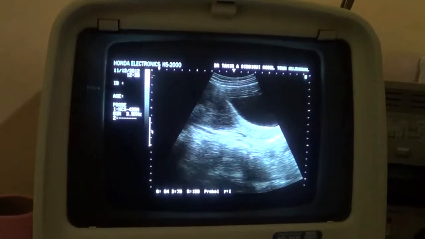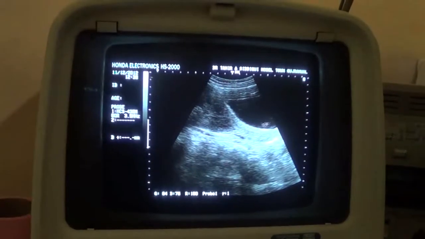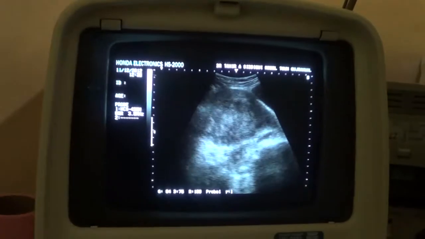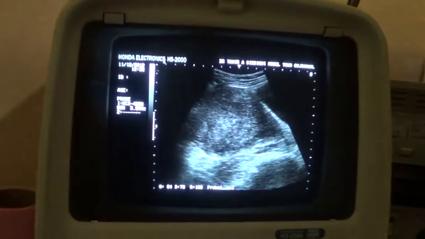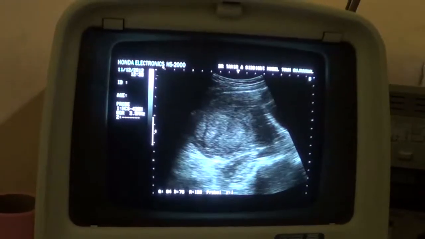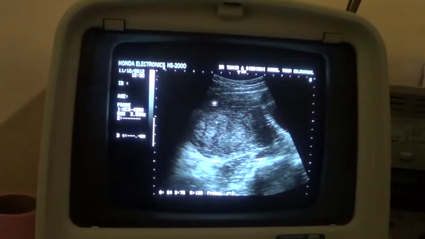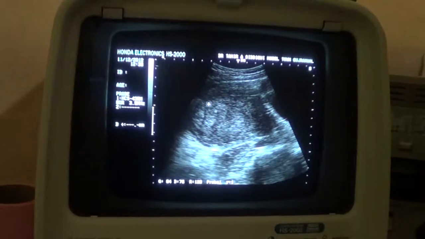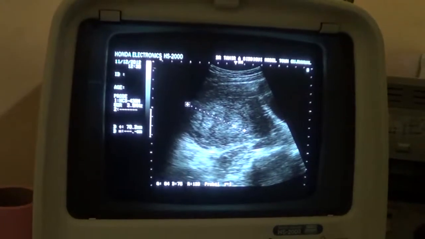Now this is the cervix. This is the cervix, urinary bladder. Going to magnify. This is the anterior segment of the uterus. This is the endometrial canal, and this is the fibroid